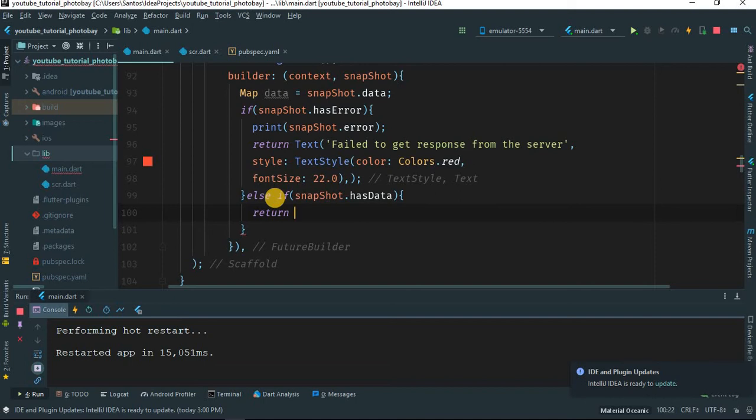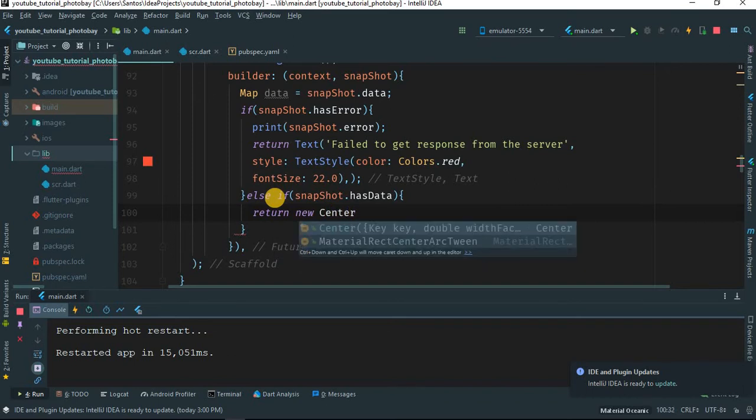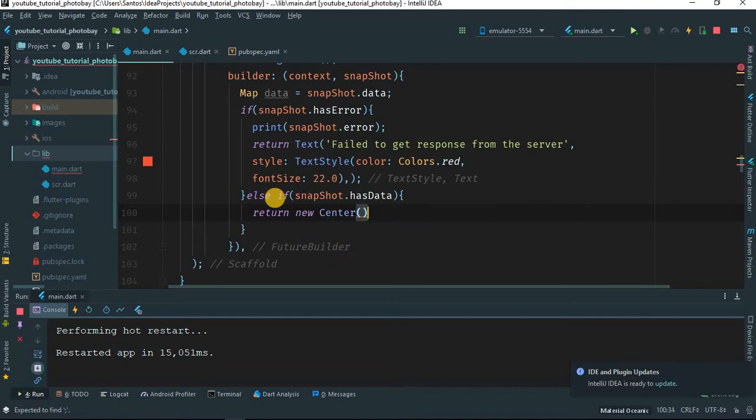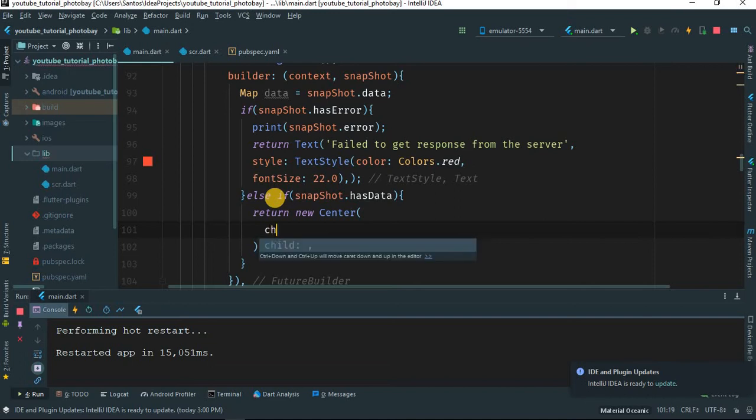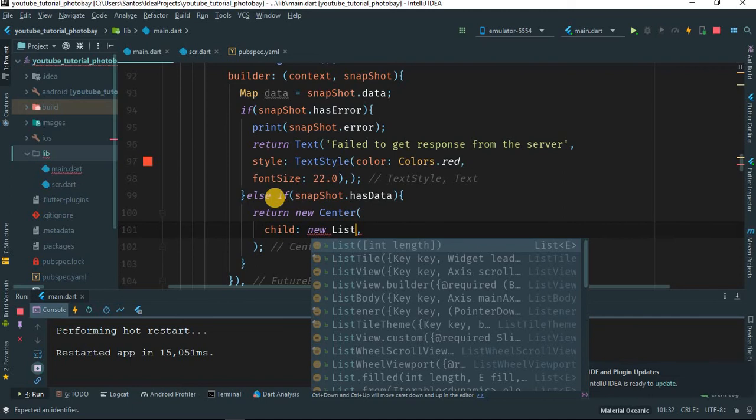Okay, we're going to hit return. What are we going to return? Let's give it a new center, for example. We're going to return a new center widget, and inside of this we can do what? Child, new list view builder,